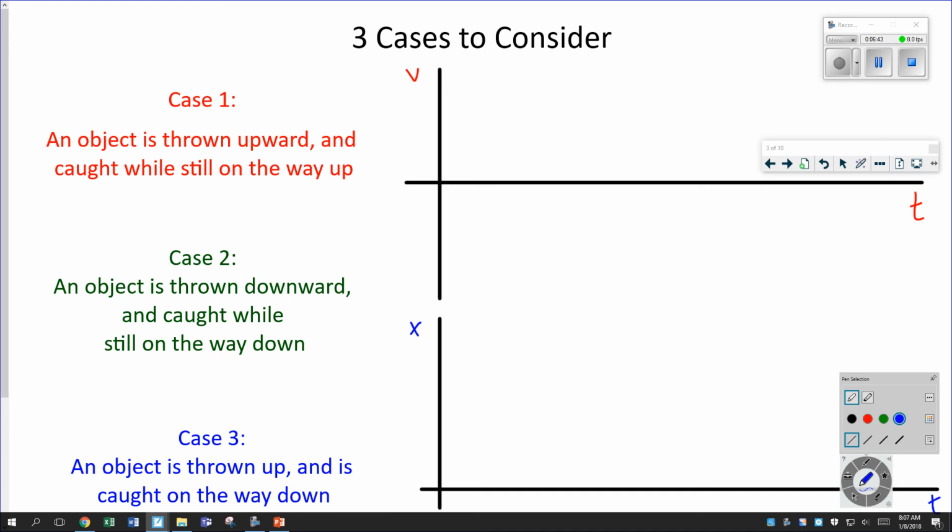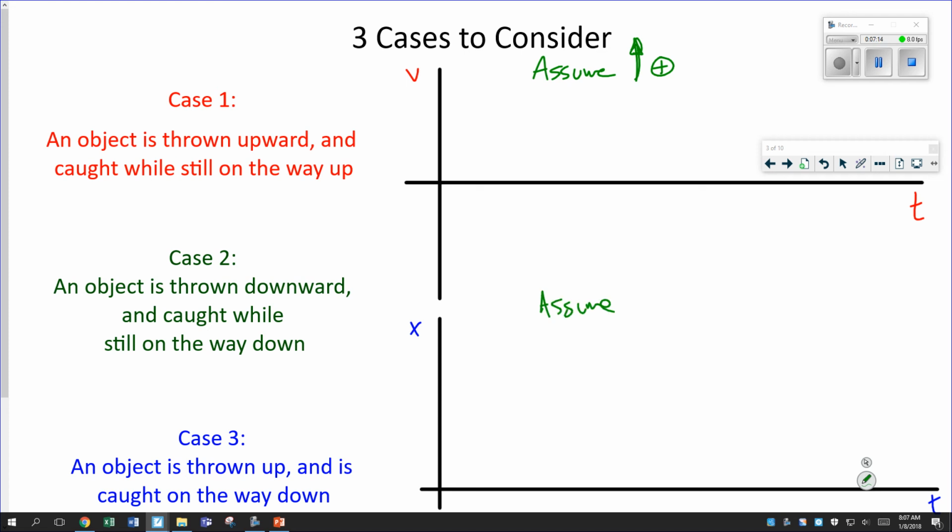And the other thing is, let's assume, here I'm going to assume that downward is the, no, I'm not. Now I'm going to assume that upward is the positive direction. Notice I can make whatever choice I want for which direction I call positive. All right, and here I'm still going to assume that